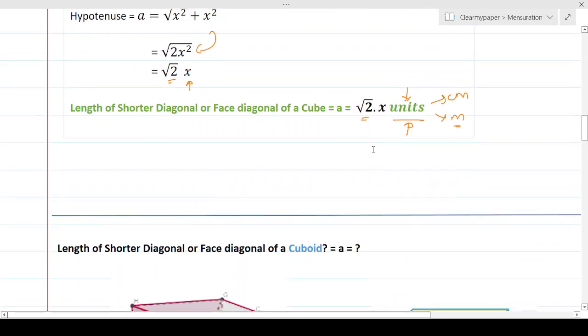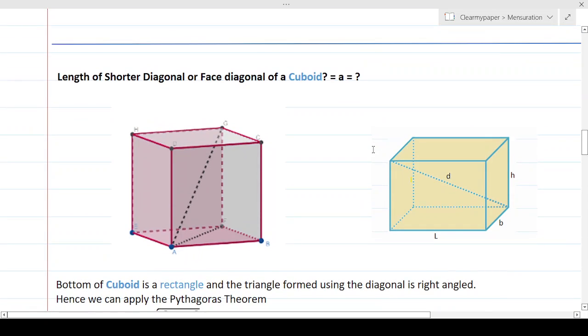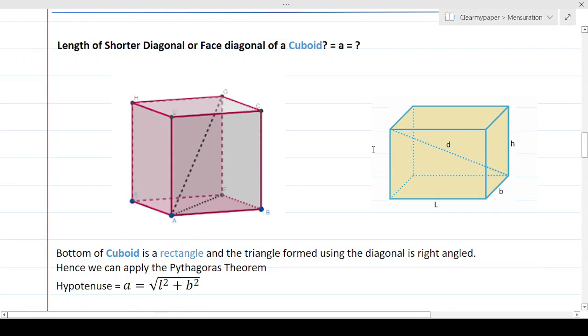Okay, let's go down. So in the cuboid, nothing changes. The only thing that changes is that this was a square; in the cuboid, each surface is going to be a rectangle. Each side is going to be a rectangle, and this is the cuboid. We're not going to talk about this diagonal. We're talking about this diagonal. So that means it should be something of this sort,